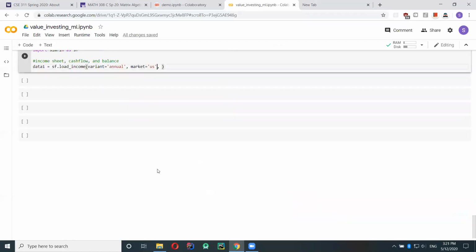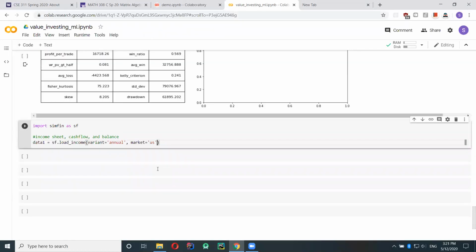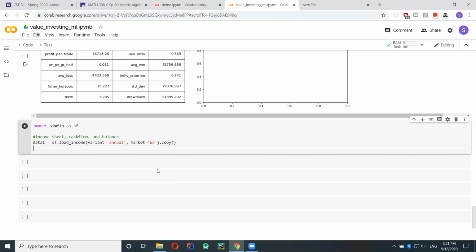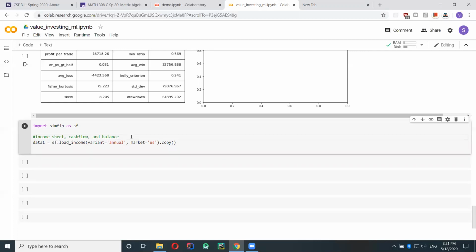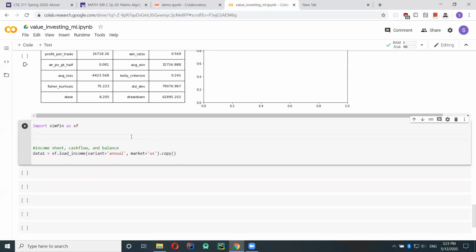Oh yeah, let's just look at what this will look like for now. The data frames are stored in RAM, so when you change the data frame, it changes what's stored in RAM as well. So make sure that you do a copy. So sf.set data directory just sets the folder that you want to use.